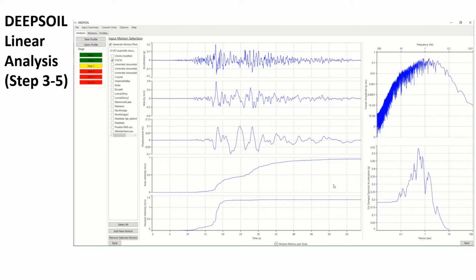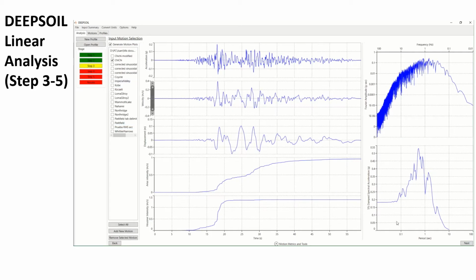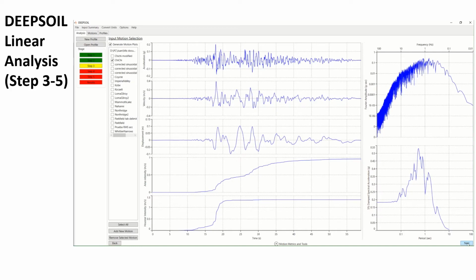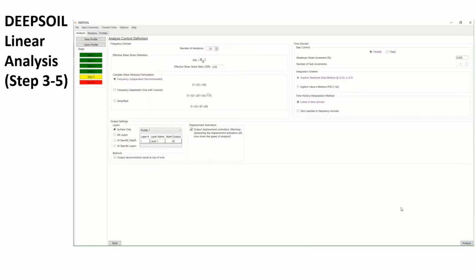And in this case, what we need to do is continue from here. The software is telling us, this is the input motion that you want to apply to your soil profile, and afterwards you will see what happens with the signal. So if we want to continue, this is step 3. As you can see, we are still in step 3. To proceed with the ground response analysis, we need to click next again, and it takes us to step